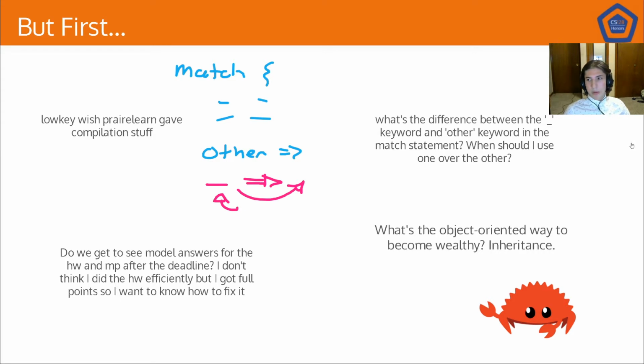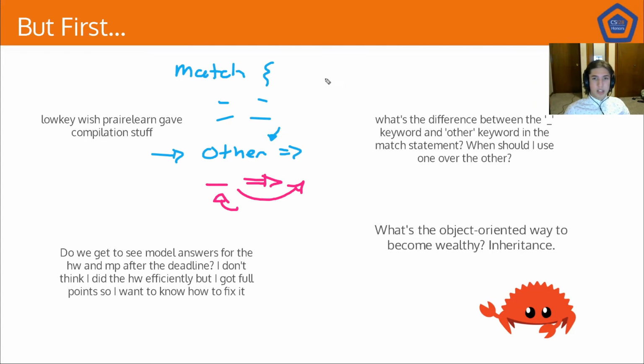because this underscore is not able to be used as a variable. However, if you use the other keyword, I think generally speaking, this will match anything that is not none. I'm not quite sure if it will match none or not. Someone might have to test that, but it will match something and then assign the thing that it matched to the variable called other. And so you could, for example, println other here. Then it would print whatever it matched,